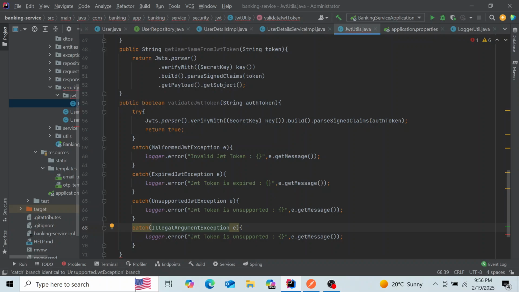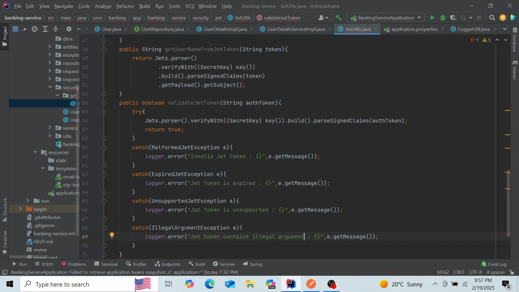So this one we can also say "JWT claims string is empty, JWT token contains illegal argument." Then at the end of this,